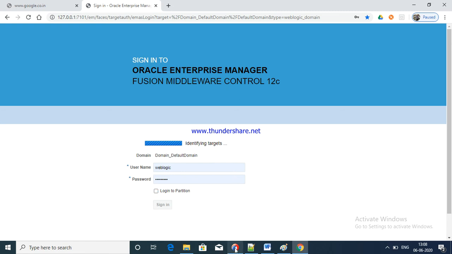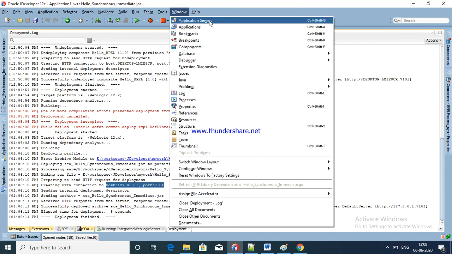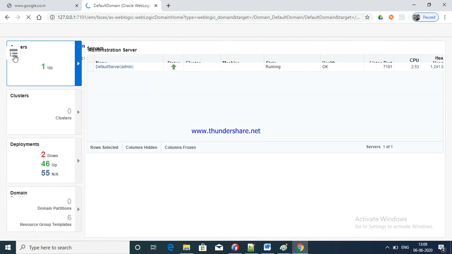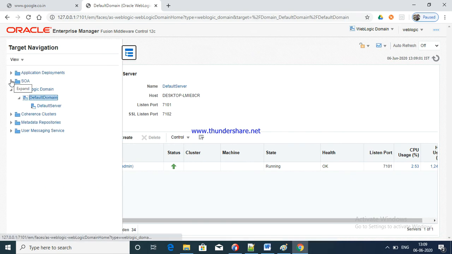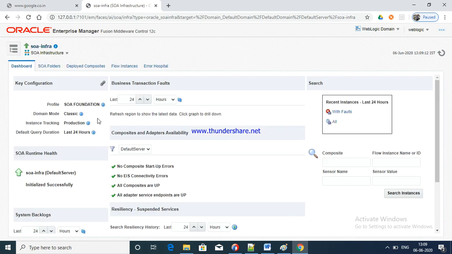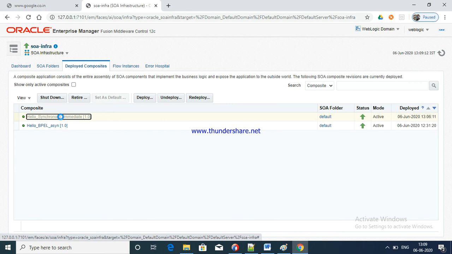Okay, here you can also find the server. Go to Windows and click Servers. See here, my integration server. Just going to refresh. Okay, it will show all projects. Now see here, the server is showing in a window. Select SOA infrastructure default. Now the SOA component, see here, this project we recently deployed.